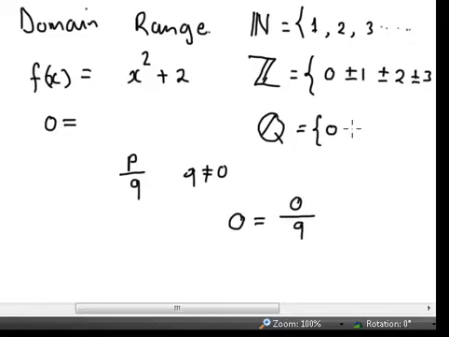So is 1 a rational number? What is 1 as a rational number? 1 over 1. I can just say it's a over a, where a is an integer not equal to 0, isn't it? Because if you include 0, this is not a number. When a is equal to 0, this is not a number. And this